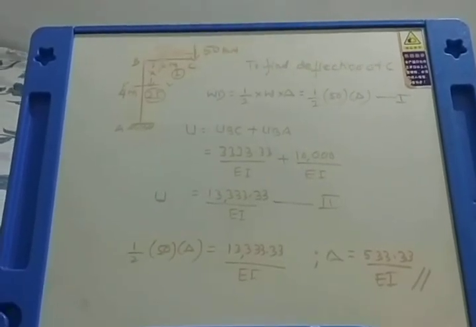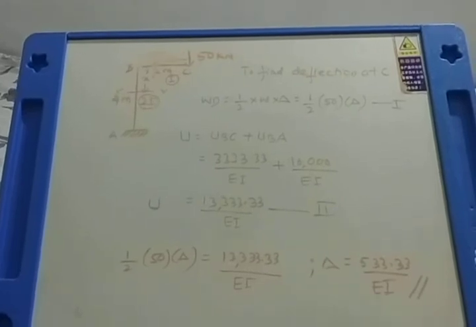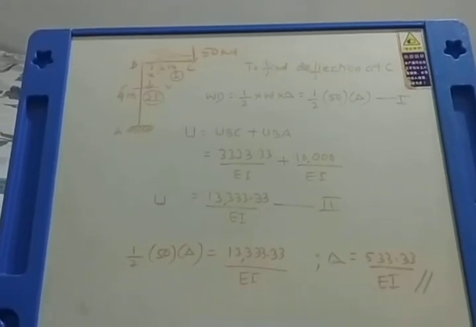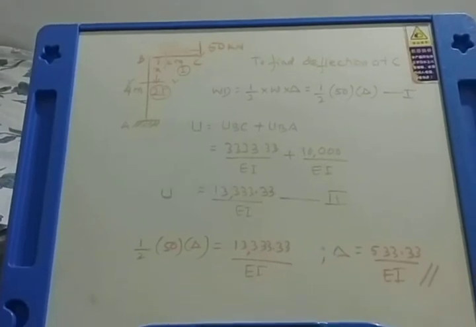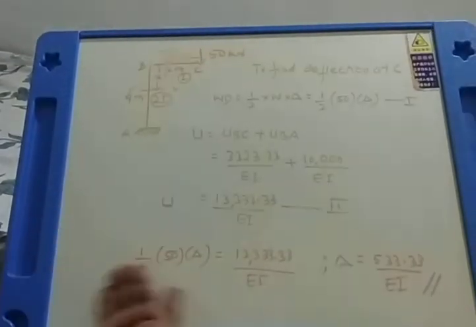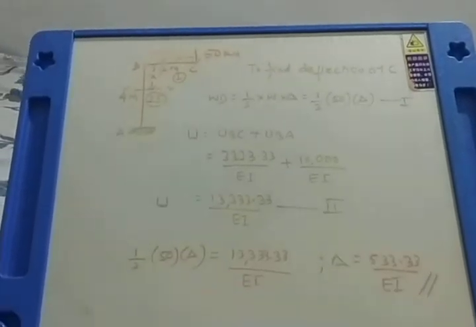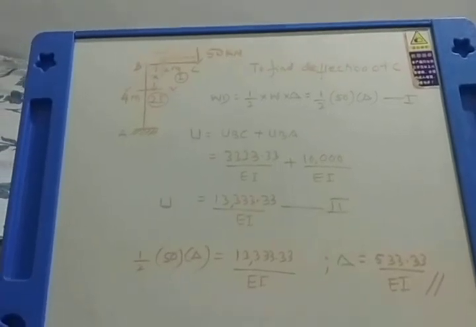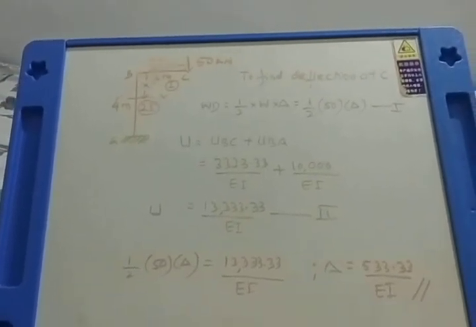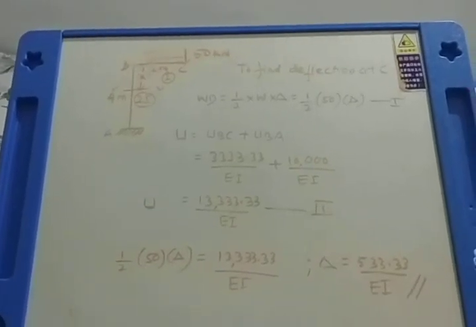So I will pause here. When we meet in the next class or next session, we will have some other method of finding the deflection. Again, I should say the allied method of the strain energy. That means basically it is strain energy, but it is a slightly different method. So we have another couple of methods which are very versatile in nature. We can make use of those methods and find out deflections for beams, for bends, and all those things. So let me pause here. Thank you.